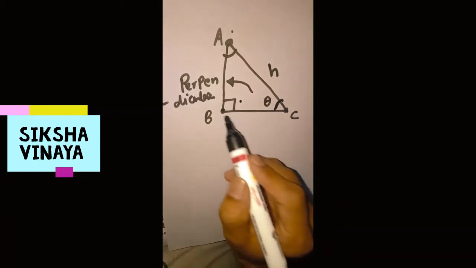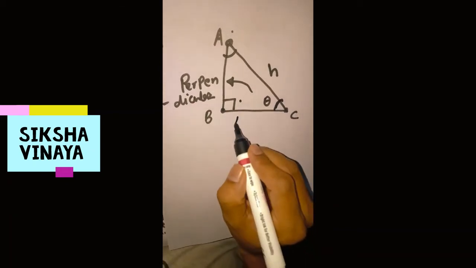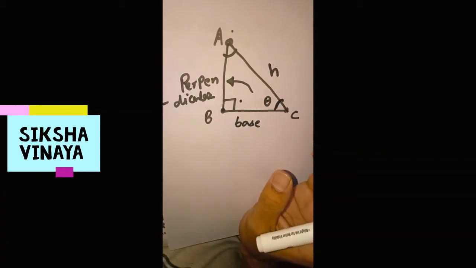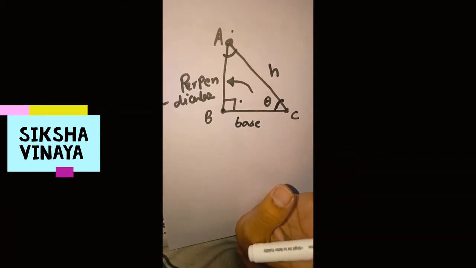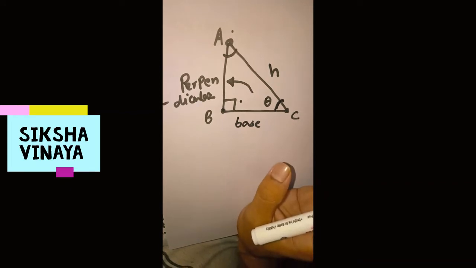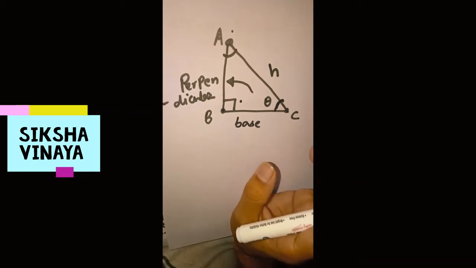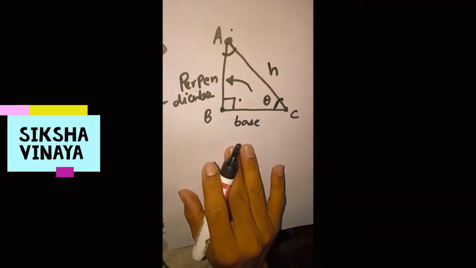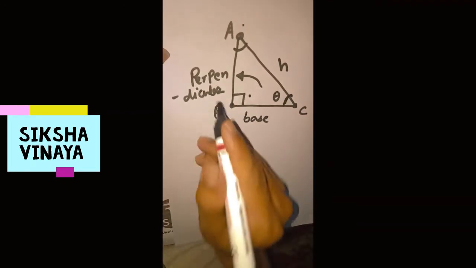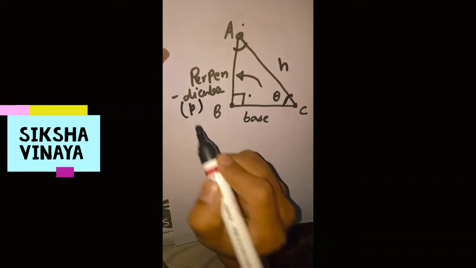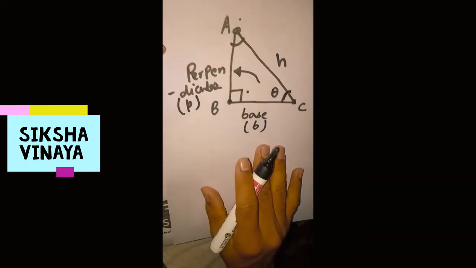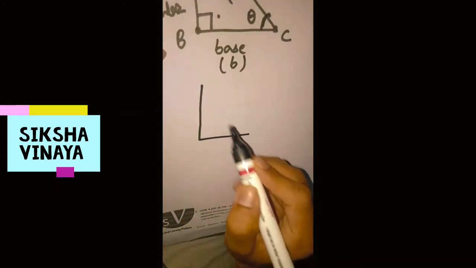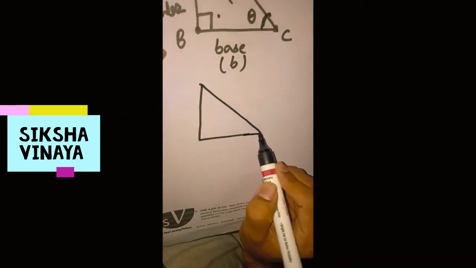The side upon which you stand, that means BC, is your base. Base means the side upon which you stand. Have you got my point? The perpendicular is denoted by a small p and the base is denoted by a small b. If your perspective is changed in the same figure,